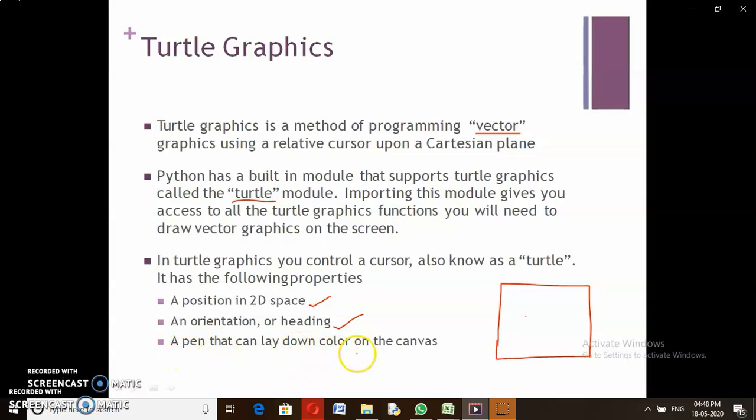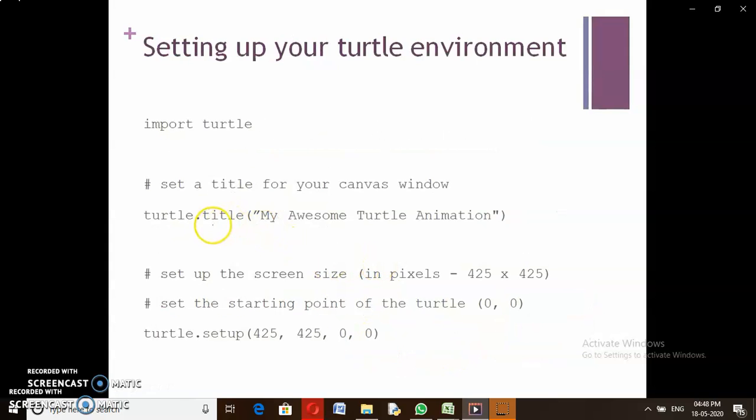Heading is the turtle window heading, and pen is the pen of the turtle, which is tied to the turtle and which will be moved on the paper. The pen color and pen filling or others we can specify to the turtle. These three initial properties we can mention for the turtle, and based on that only we get different shapes on the 2D space, which is also called a canvas.